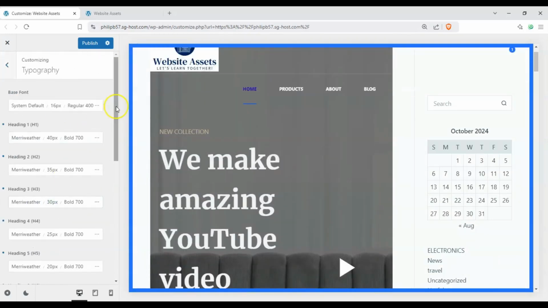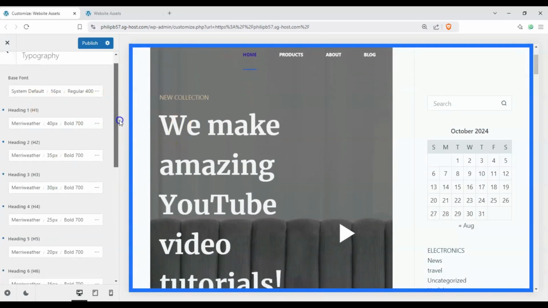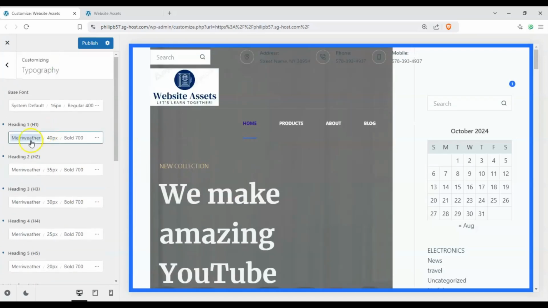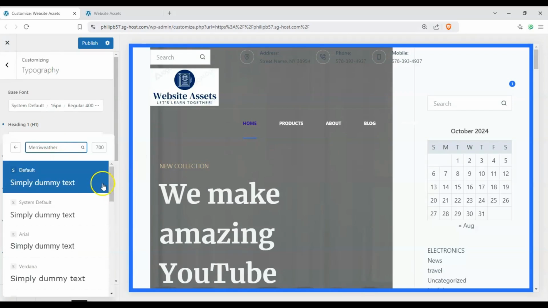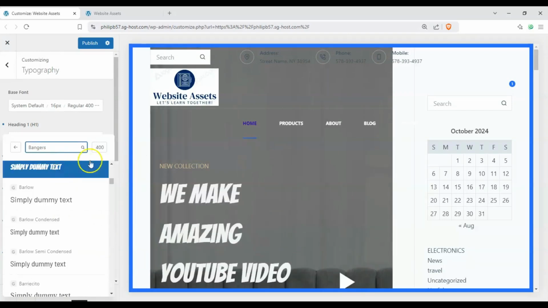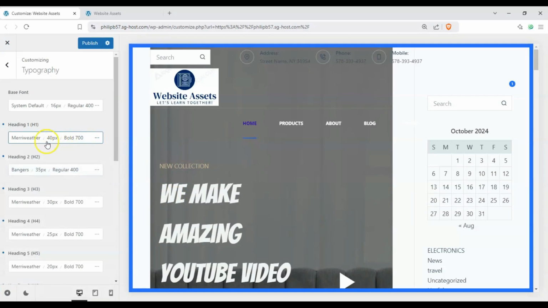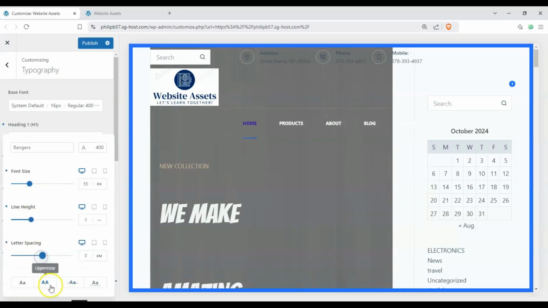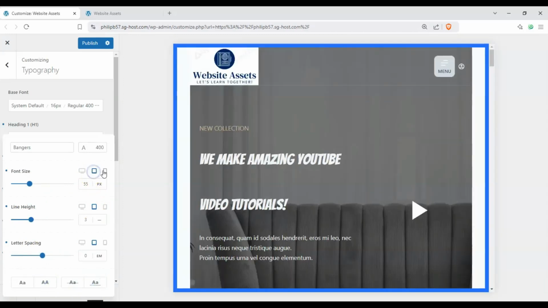And typography, this is where you'll find your font options. So for our heading 1 here, or heading 2, let's go ahead and scroll down here, and you can see we have a bunch of fonts here. We can click on this, and you can see it changes to the Mr. Beast one, and we can change the font size, the line height and the letter spacing, and if we want to make it all caps or strike through or underline. We can also change the font sizes of the headers, heading 1, 2, 3, excuse me,